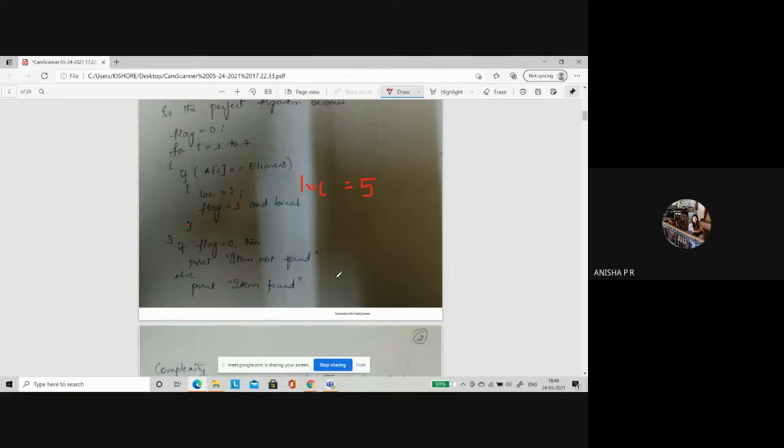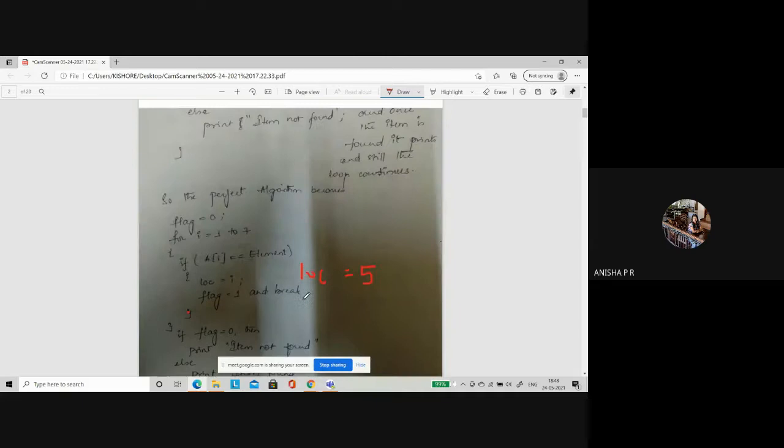Therefore, I'm keeping it separately. Here I'm saying if flag is 0, then print item not found. As long as it is 0, that means the item did not come. When will that flag change? When the item is found and the program gets broken here. That means if the flag is not 0, automatically it goes to else and it says item found. Understanding it or not?